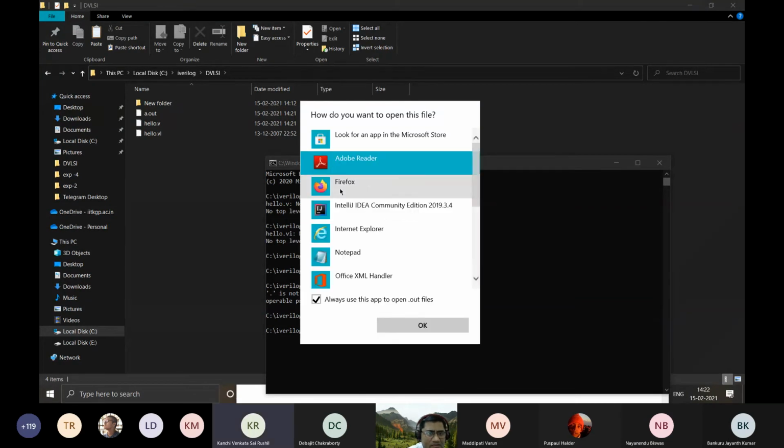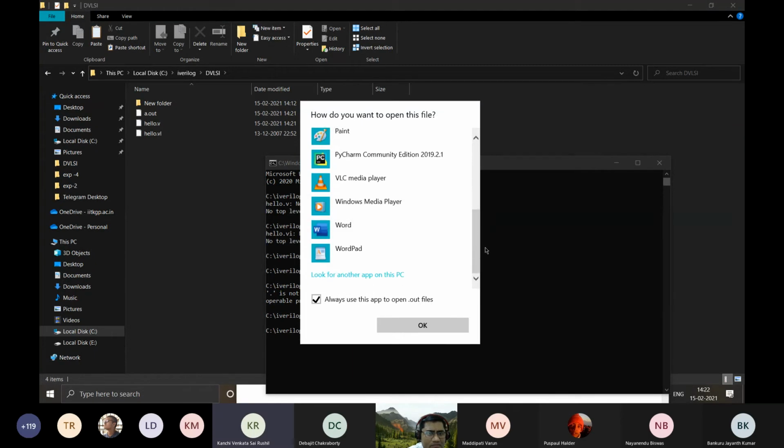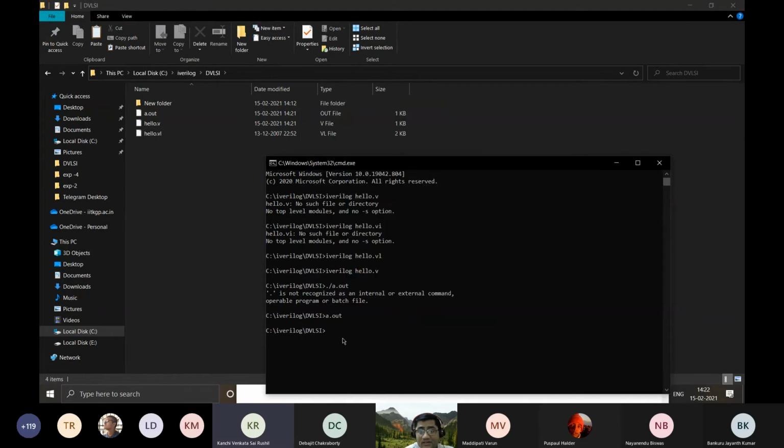Sir, it's VVP a dot out, right? Oh, sorry, you have to write, yeah, for execute, you have to write VVP space a dot out. Okay, this way. Okay, so this is working, right? Now in the compile command, there are two options. One is you just write iverilog and then file.v, which will basically save the file as a.out. That is the default name.